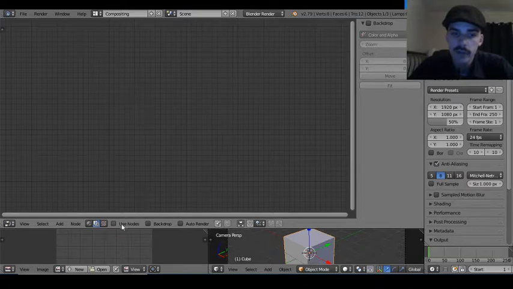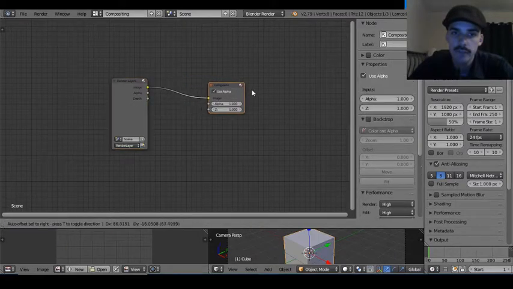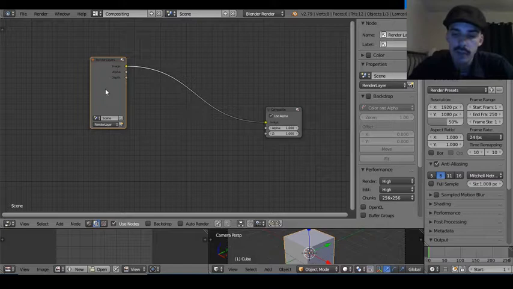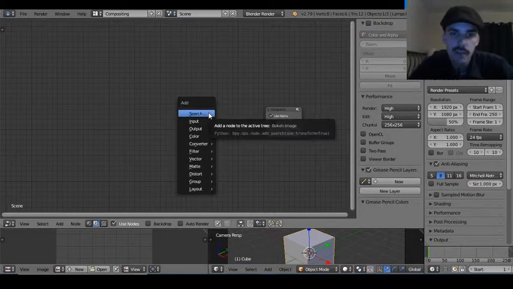So I'm going to go down here and left click on Use Nodes, and here we have the render layers and the composite layer, or at least composite. We don't need render layers, so I'm going to press the delete key to delete the layer, and as you can see, the line that was connected to composite has been erased. So I'm going to press Shift A to take me to the add menu,